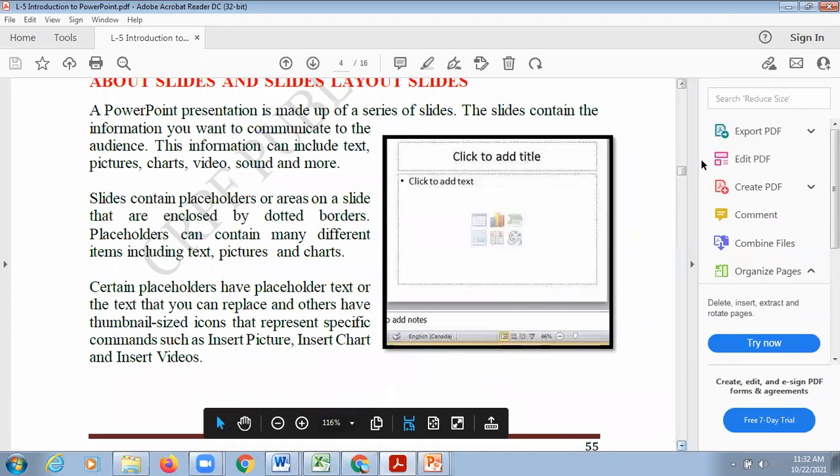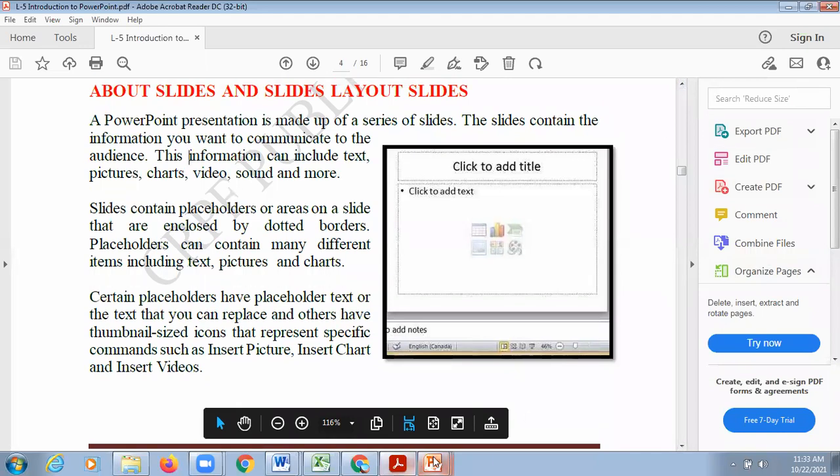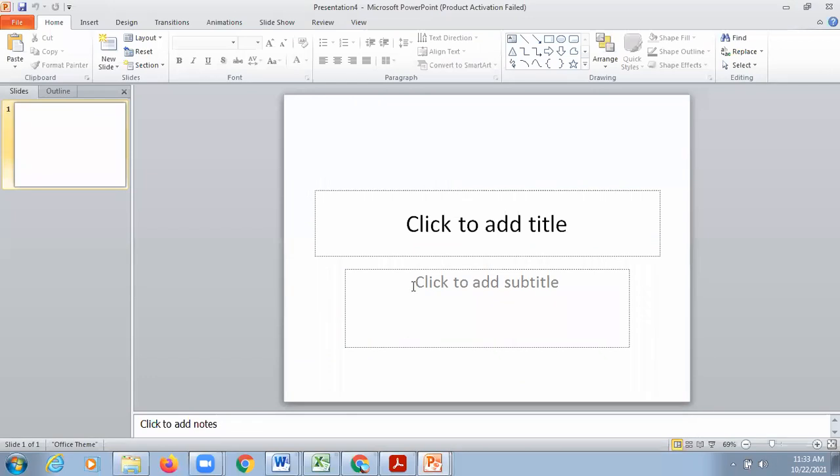Next option is about slides and slide layout. Now let's come to slide layout. First of all, you have to understand what a slide is. So this is a slide where you can post your content. And what is slide layout? Slide layout means you wanted to place only text, or you wanted to add some pictures also, or you wanted to make this slide a comparison sheet, or how you wanted to do.